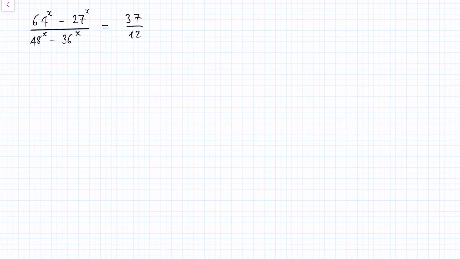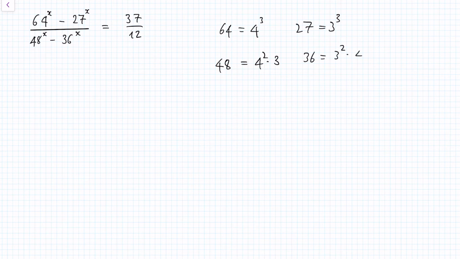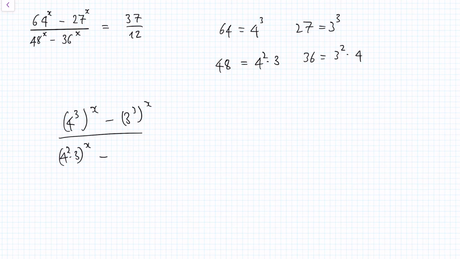So notice that 64 could be written as 4 cubed, 27 could be written as 3 cubed, 48 would be 4 squared times 3, and 36 would be 3 squared times 4. So if we substitute this, we have 4 cubed to the power of x minus 3 cubed to the power of x, divided by 4 squared times 3 to the power of x minus 3 squared times 4 to the power of x,